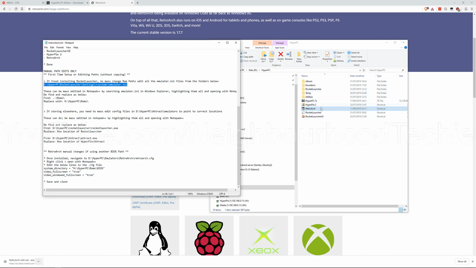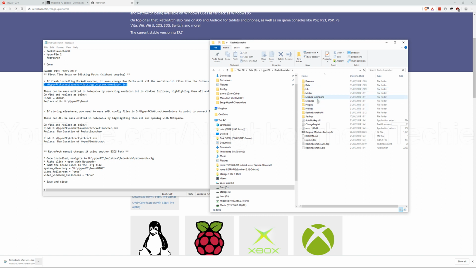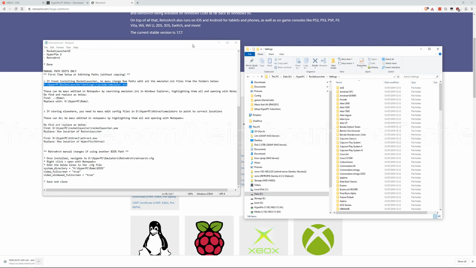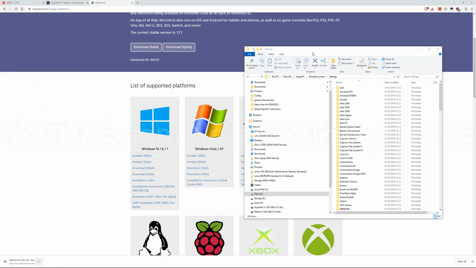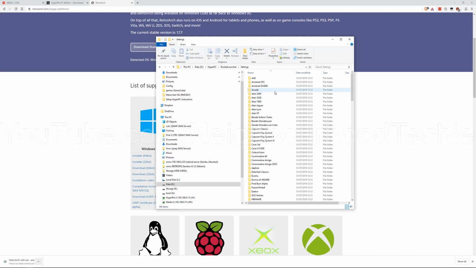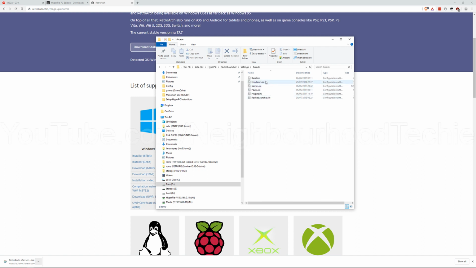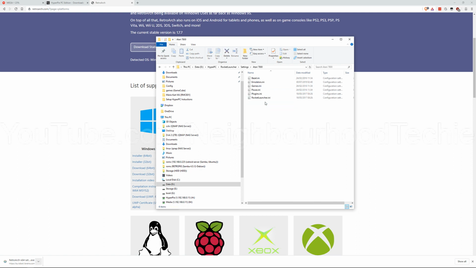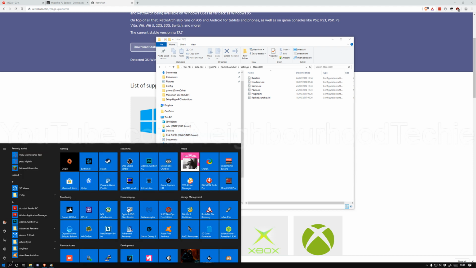Okay, so it uses Rocket Launcher for all the configuration. So if you go to Rocket Launcher, settings. Aha, right, okay, so now every single emulator has a config file, which is emulators.ini. Now, I appreciate that editing every single one of those emulators.ini is going to be a pain. So, that's why we have